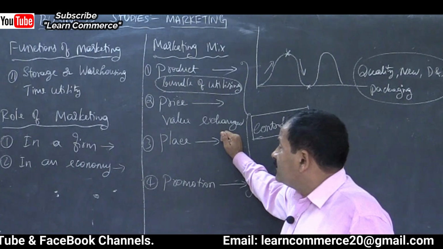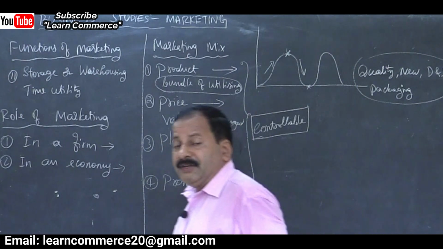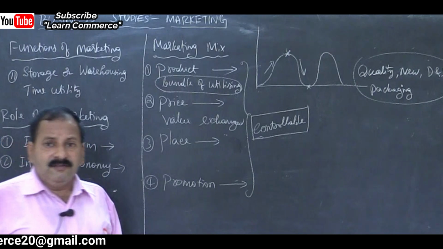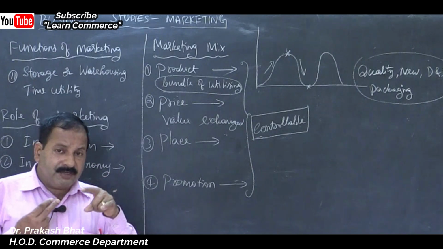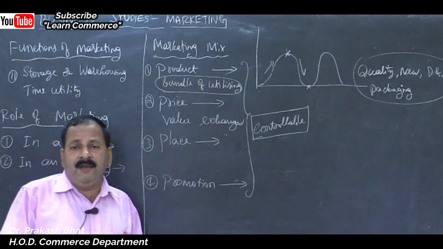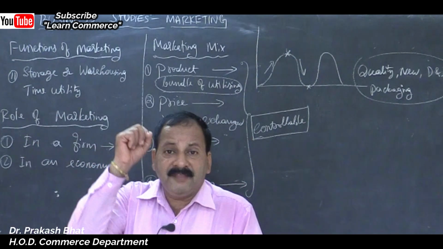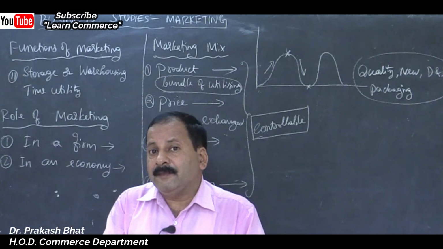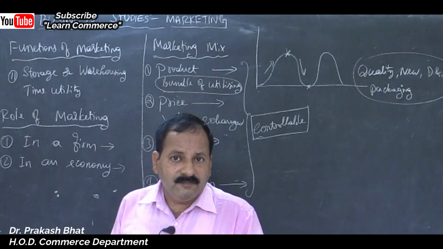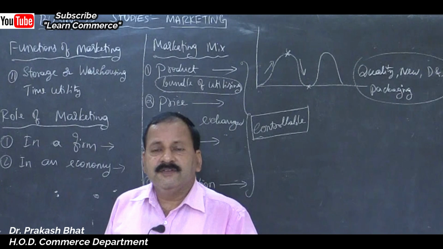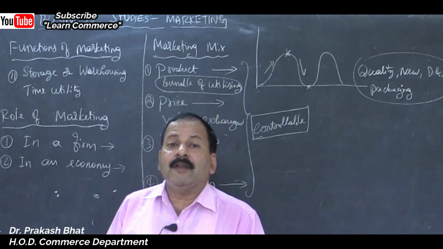So fix the price to such a level the competitor is also fixing. Judge the quality of the competitor's product. Then see whether your product has the equal quality or not. If your product is superior one, branded one, people never mind paying a bit higher price. This is the order of the day, because people nowadays compare the quality rather than the price, because everyone has money, isn't it? People have money in their pocket, so they never mind paying some extra amount, premium amount for getting a good quality, better quality product.